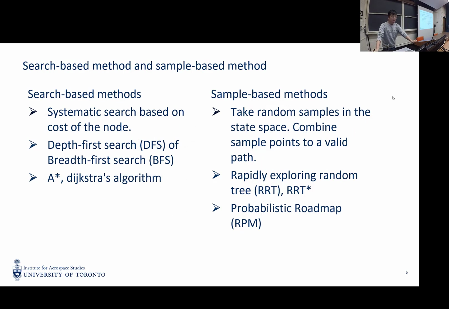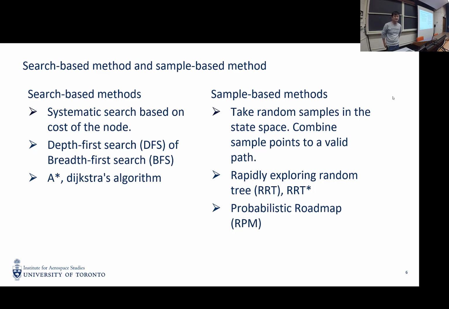Okay. In the area of path planning, there are two main categories of methods. One is the so-called search-based method. In this category, there are some famous algorithms such as A star and the Dijkstra algorithm. Those methods require you to construct some kind of cost function, and the algorithm will then perform either depth first search or breadth first search based on these cost functions to find an optimal path. So it's a very systematic way to generate